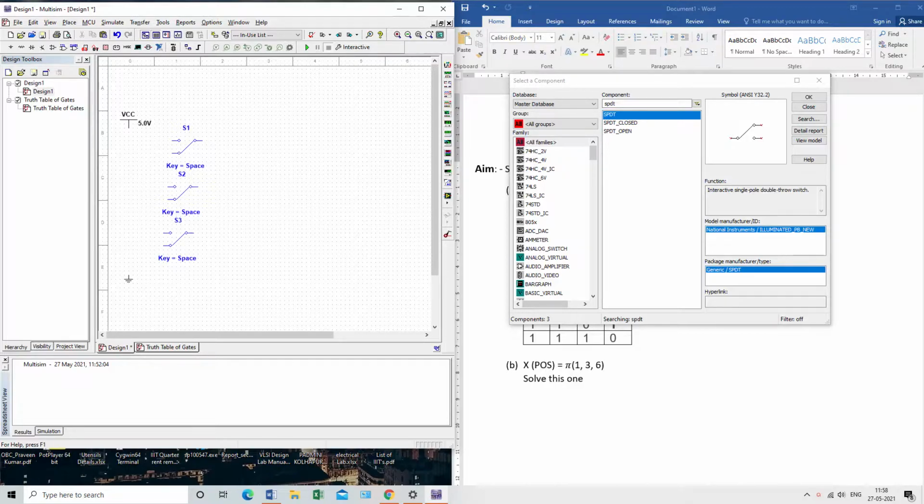Now I will connect this to VCC and this to ground. The same thing will follow here: this one to VCC and this to ground. Got it. The same thing will go here: this to VCC, this to ground.